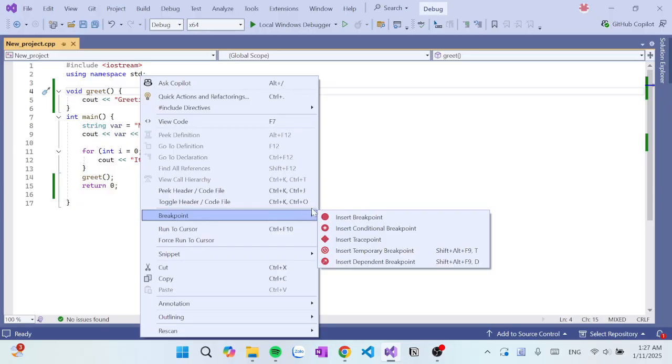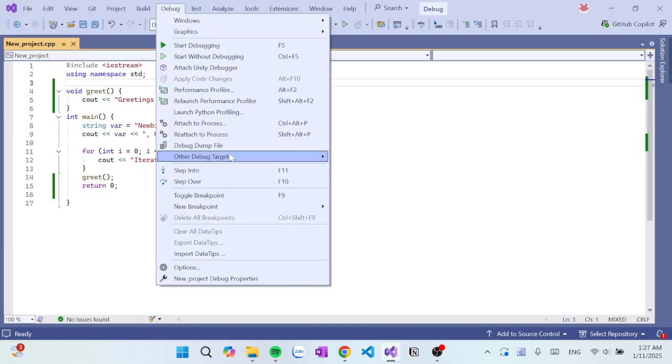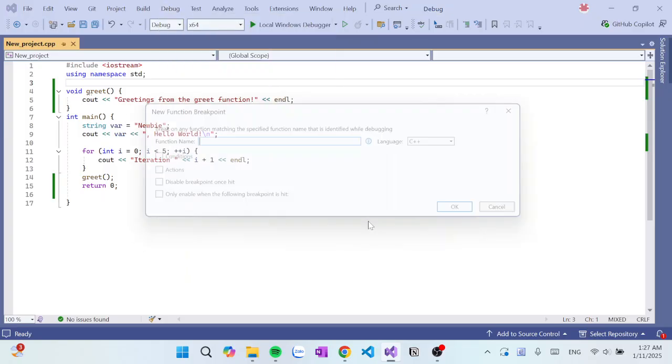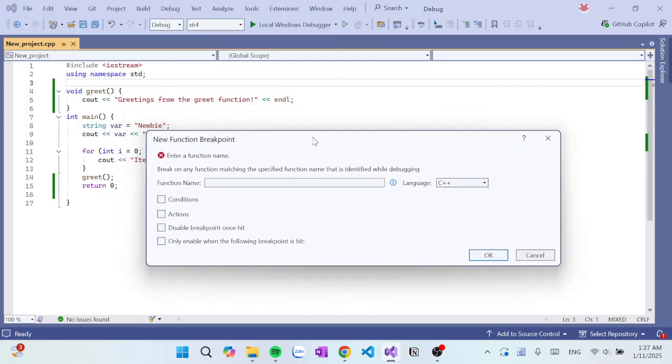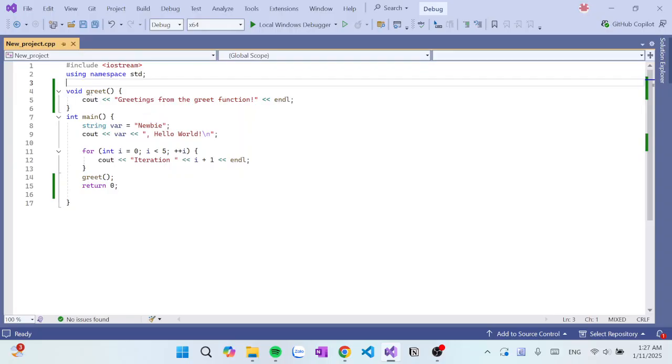It is special. Okay, so you guys need to click debug over here and new breakpoint. Here you can see function breakpoint. You click it and type the name. The name of our function is greet. And we click OK. You guys don't see it, but there's already a function breakpoint here.